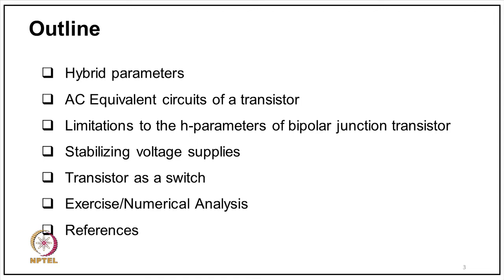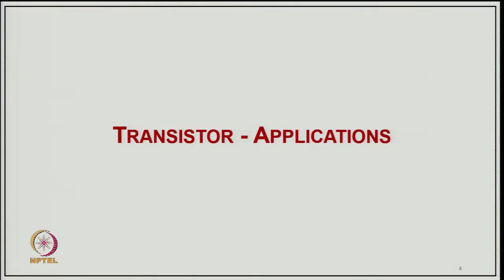transistor. Then we would like to cover stabilizing the voltage supply, which is a purpose for which this BJT or transistor is used, and then we will discuss the transistor as a switch. These are very typical applications, of course; we have a lot of applications, followed by the numerical problems. So, starting again with the transistor applications, which we of course discussed many times in the last lecture